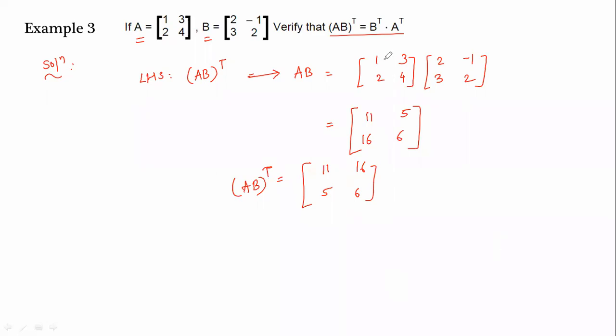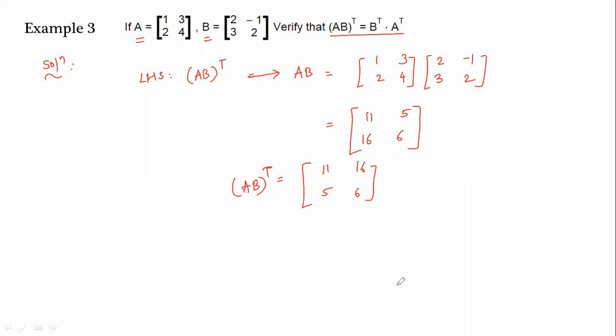multiplication is clear. Again, I am telling how to multiply two matrices. Take the first row, first column. So 1 into 2, 2 plus 9, 11. Then first row, second column, minus 1 plus 6, minus 5. Then second row, first column, 4 plus 12. Second row, second column, minus 2 plus 8, 6. And now this row I am writing as column. Second row, write as second column. This is your AB transpose.